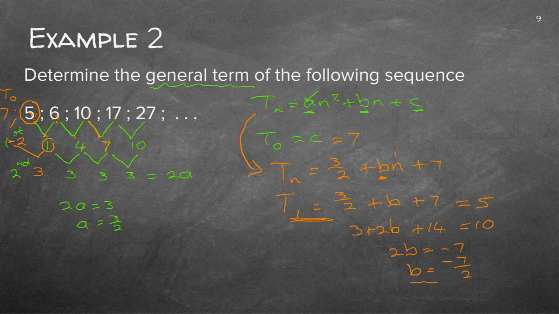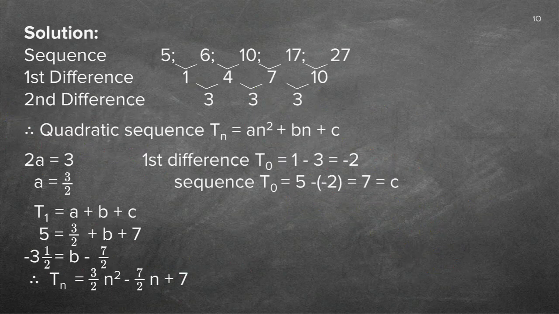So now I found my B, I found my A, and I found my C, and I can just fill it in. A was 3 over 2, remember, n squared. B was now minus 7 over 2n. And C there was plus 7. Good. Now, before I rub it out, I'm going to let us look at the answer because there's something there. Let's just make sure. Yes, I thought we made a mistake, but we didn't. There's my formula done with everything we've done previously.